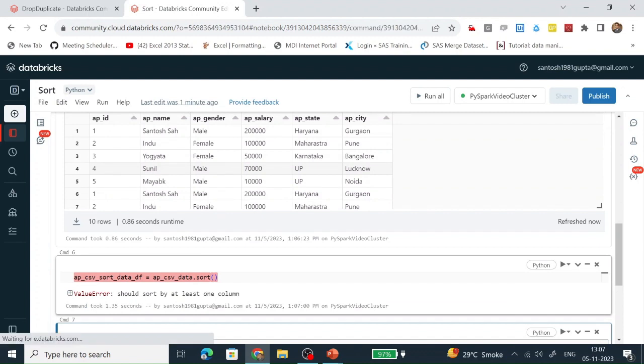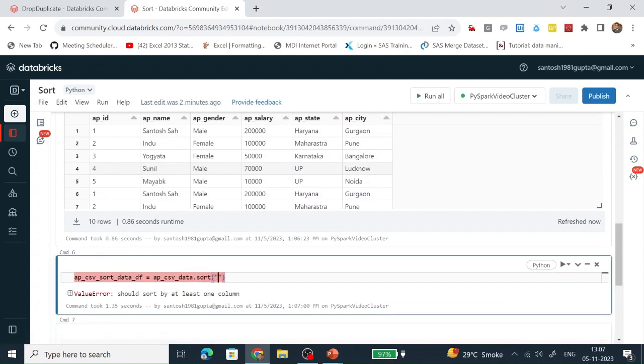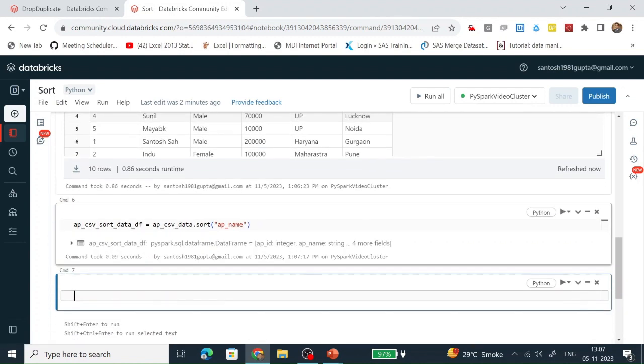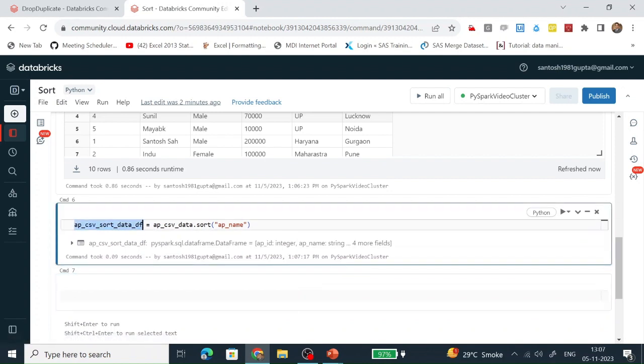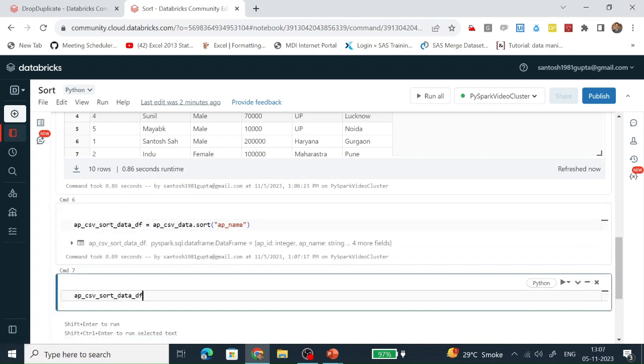In the sort we need to provide one column name, and based on that it is going to sort. Okay, we didn't provide the column name, that's why it gave an error. So let's put AP name. It has been sorted successfully and stored in this data frame.